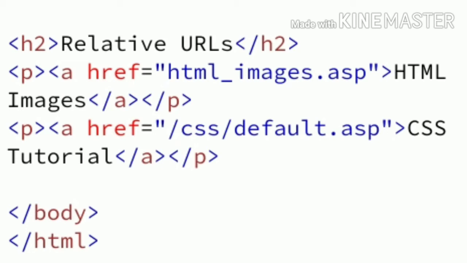Another paragraph: opening p and opening a href equal to within double quotation /css/default.asp, closing within double quotation, CSS Tutorial, /a and /p, that is closing a tag and closing p tag. You can close the body tag and the HTML tag. After that you can run this program.